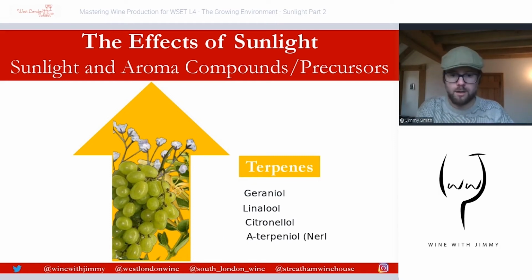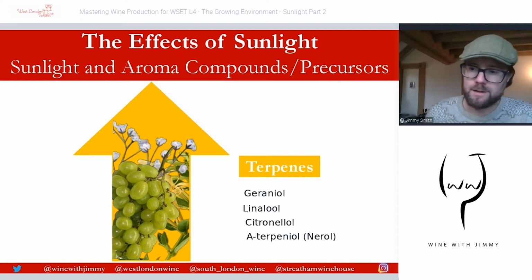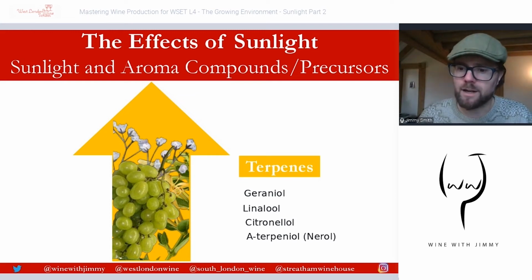I'll put nerol here in brackets. Okay, nerol. This one you'll find in things like Torrontés. It's a kind of aromatic kick, more of a greener characteristic. You find it in Pinot Grigio as well. So there are a number of terpenes that will be increased by sunlight, by the increase of sunlight within the